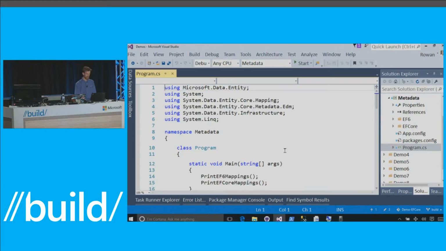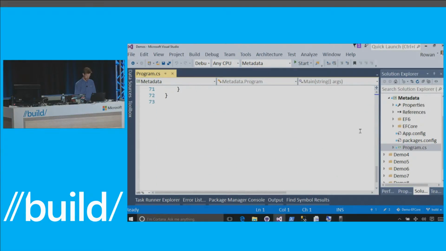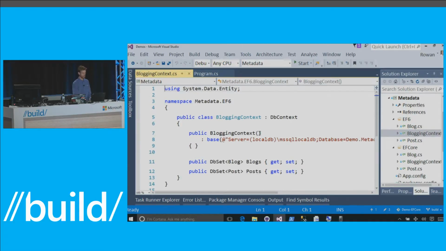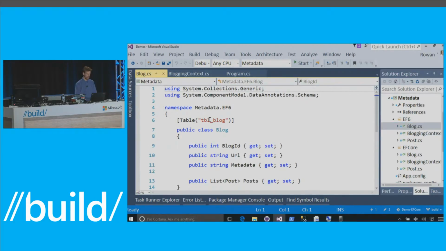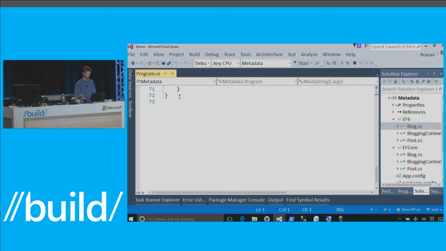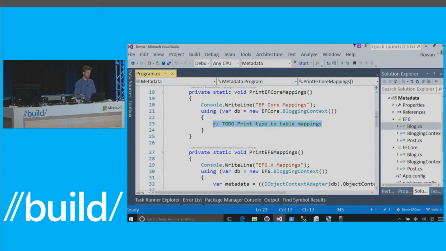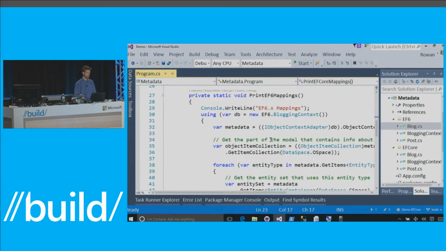All right, so for this demo, I have a very simple model. Again, we have an EF6 and an EF Core version of it. It's a blogging context that has blogs and posts. If we go and look at the classes, you'll see that I've mapped them to tables that are different than the actual entity names. So what I want to do is write some code that says, for this entity, what's the name of the table it's mapped to? So I've kind of stubbed that out in Program.cs. So I have this print EF6 mappings and then print EF Core mappings, and I have a to-do here to go and do this for EF Core. Before we do that, let's just go look at this